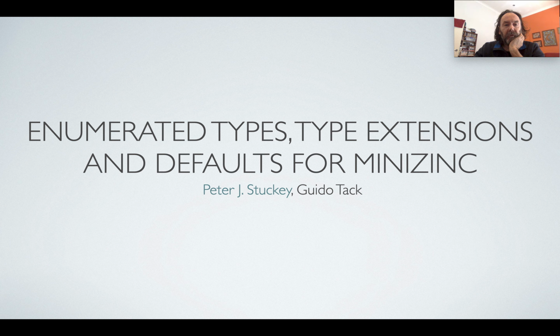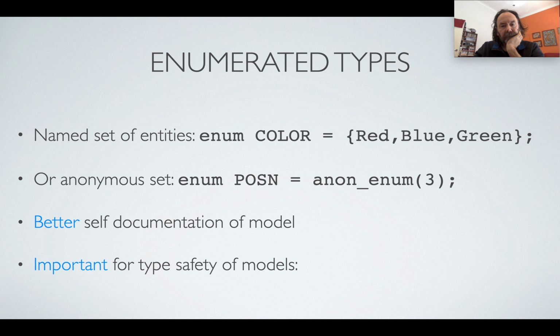So welcome to this talk about enumerated types, type extensions and defaults for MiniZinc. So what are enumerated types? Well, these are in almost every programming and modeling language. They allow us to give a named set of entities. So in MiniZinc format, we can introduce a color enumerated type which has red, blue and green, 3 different